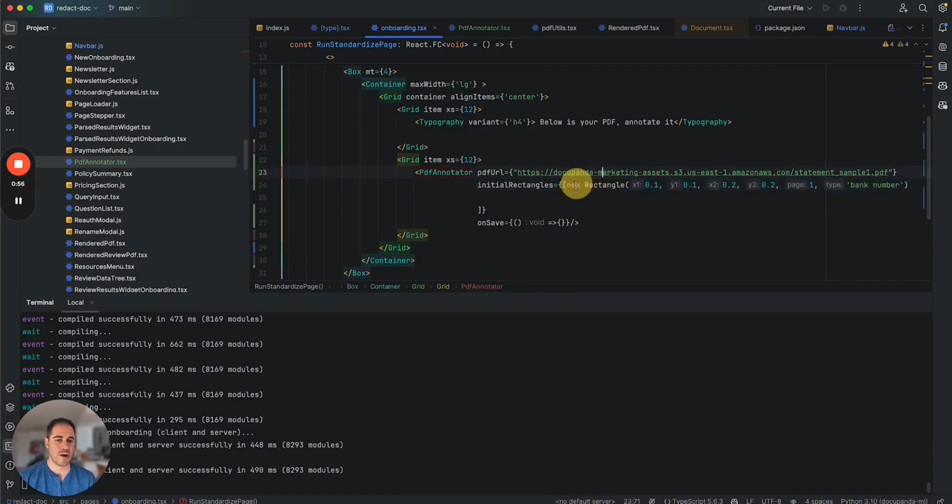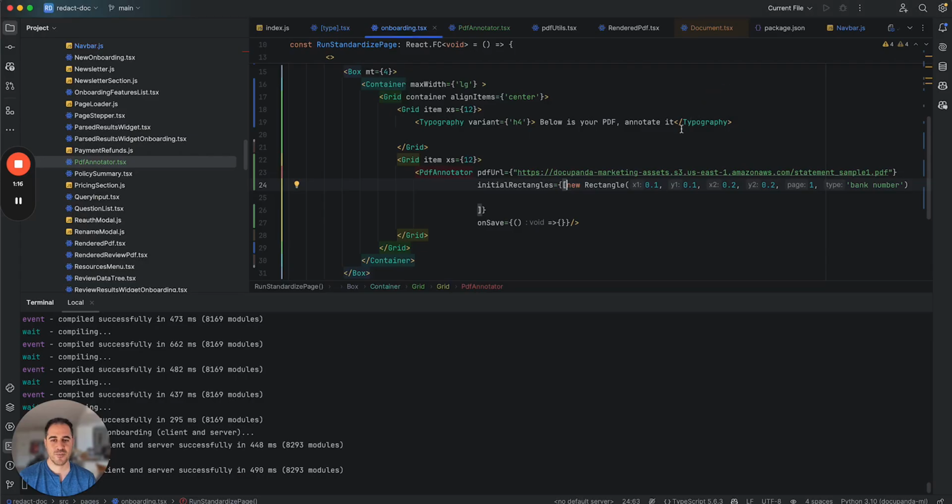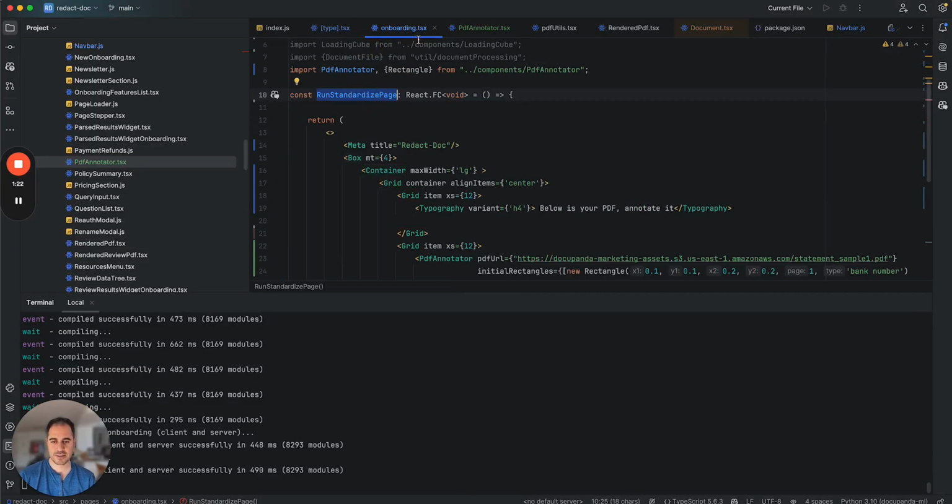So of course, eventually we'll integrate with our own backend that takes the PDF, makes a prediction about where we want to do these redactions, and take it from there. But okay, so this is pretty good. But something that's clearly missing here is that I can't move the rectangle around. So not amazing. By the way, let's give it a more